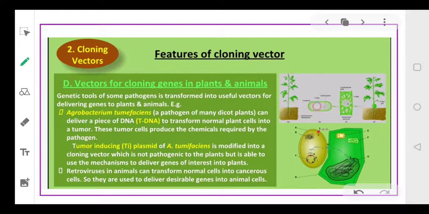I hope you know it. So we will take out the genes from the bacteria and viruses and we will introduce them into plants and animals. Like for example,